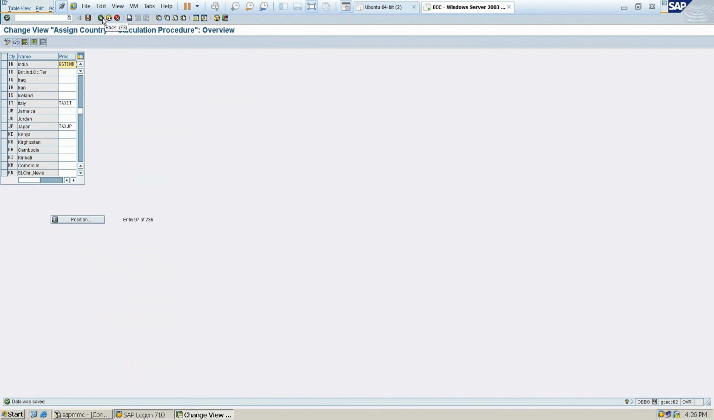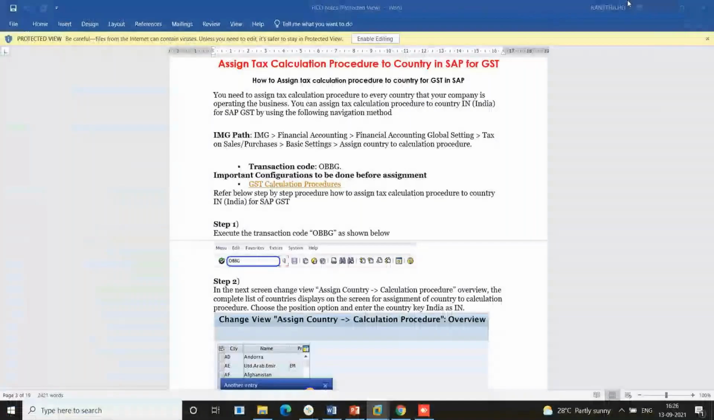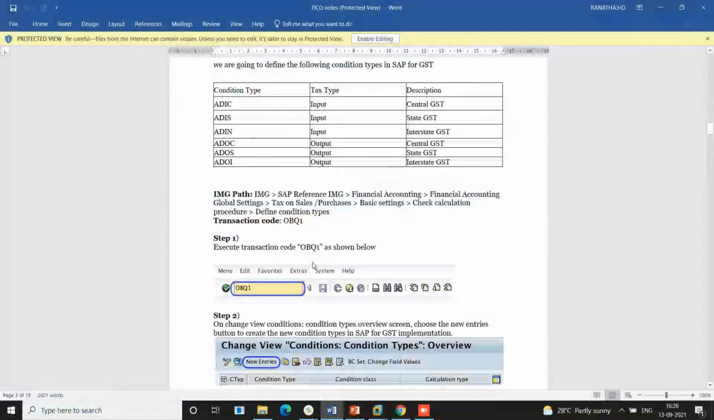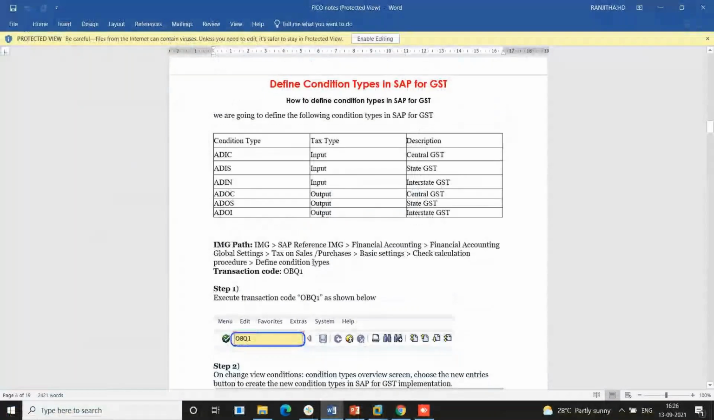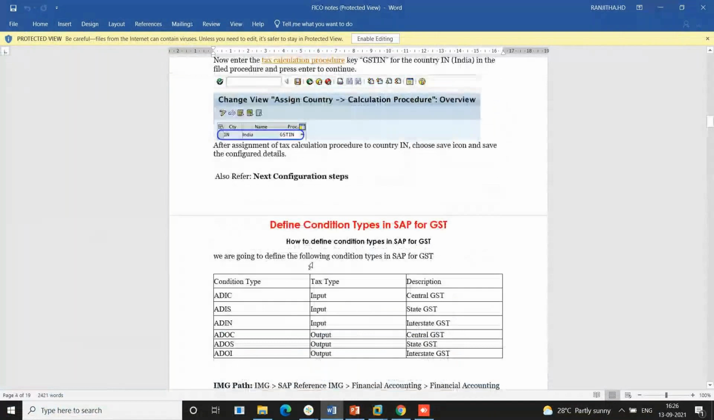After this, come back. After that, I need to create the GST details. This intrastate, interstate GST details. That is how we create the condition type and access sequence. So after creating this, I need to define the